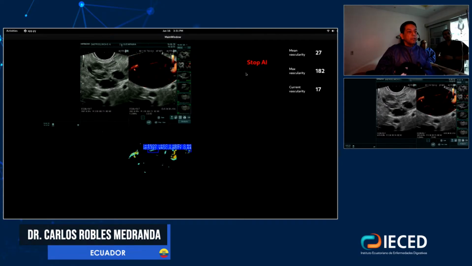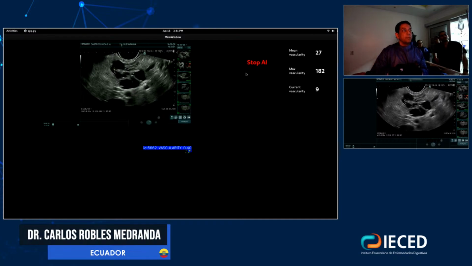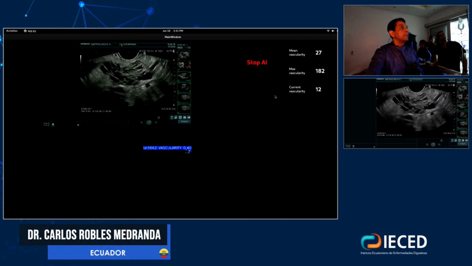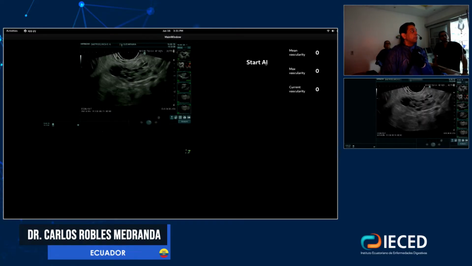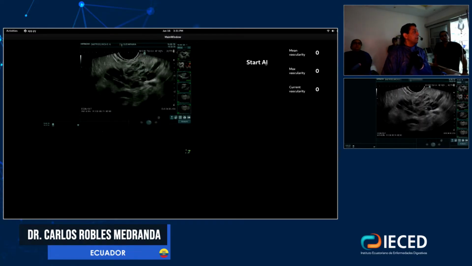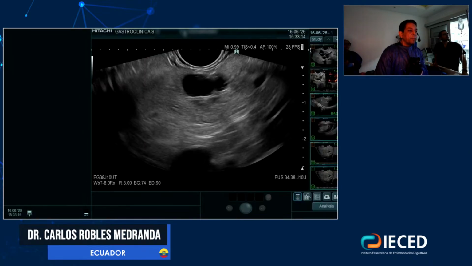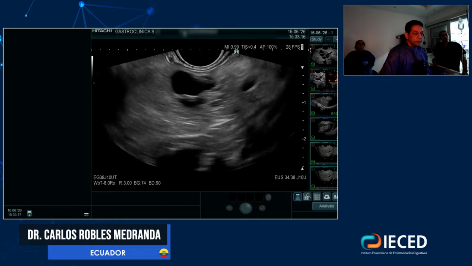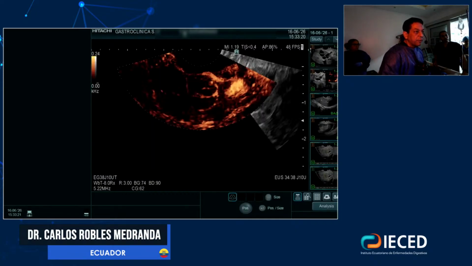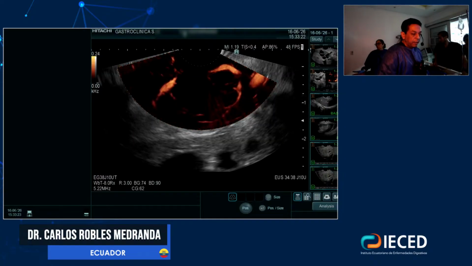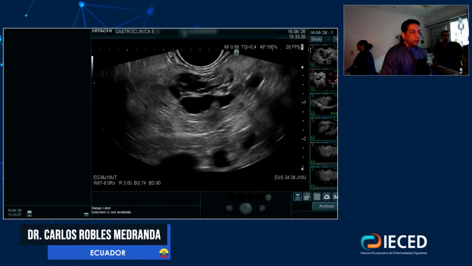Okay, so now I will come back to my B mode. We'll stop the AI and then we will pass to the B mode. Vamos a la imagen normal, por favor. And now I want to take a biopsy from this area. Okay, so this is a cystic lesion. I want to see the DFI of this area. And I want to pass a 19 gauge needle because I want to take a biopsy using